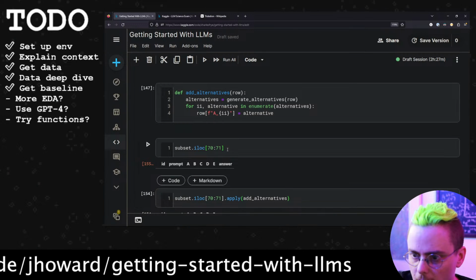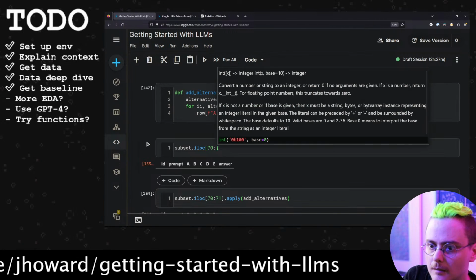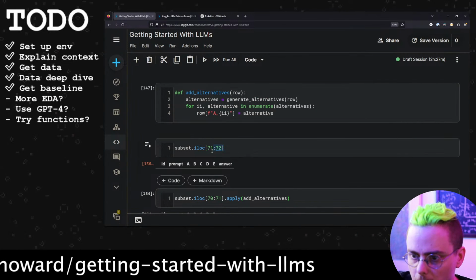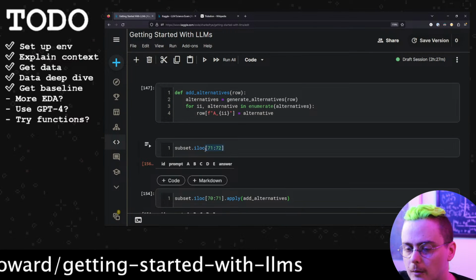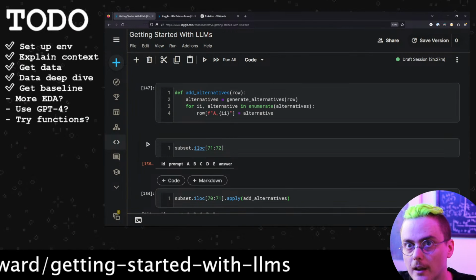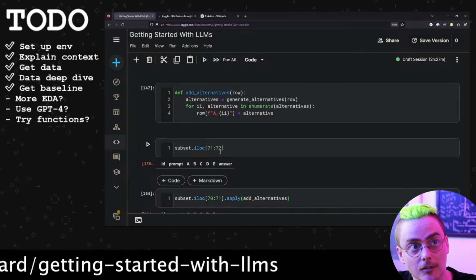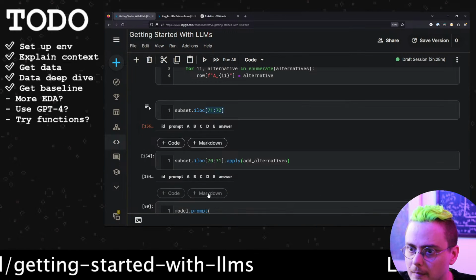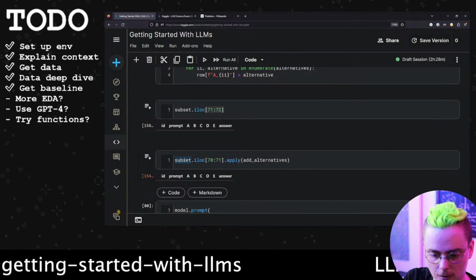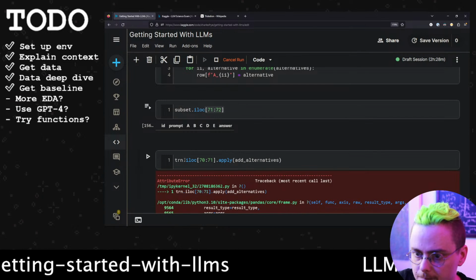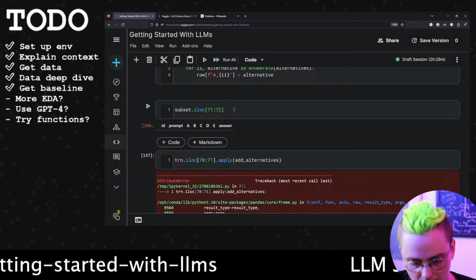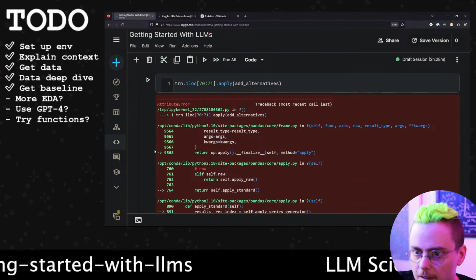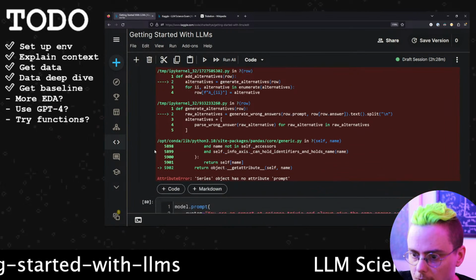iloc[70:71] is nothing. Uh-oh. Oh, you know what? I was doing iloc on the index, and we're looking at a subset which doesn't have all of those. So that's why we're getting empty rows here. So nice to see that this code works on empty examples. All right, but looks like it failed in the case where I actually used it.